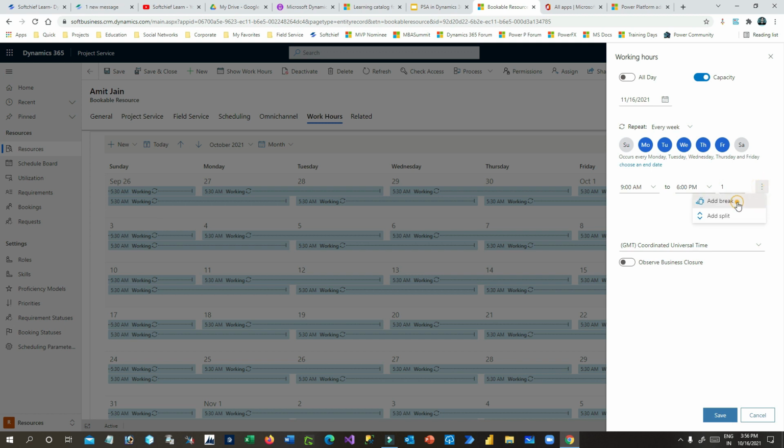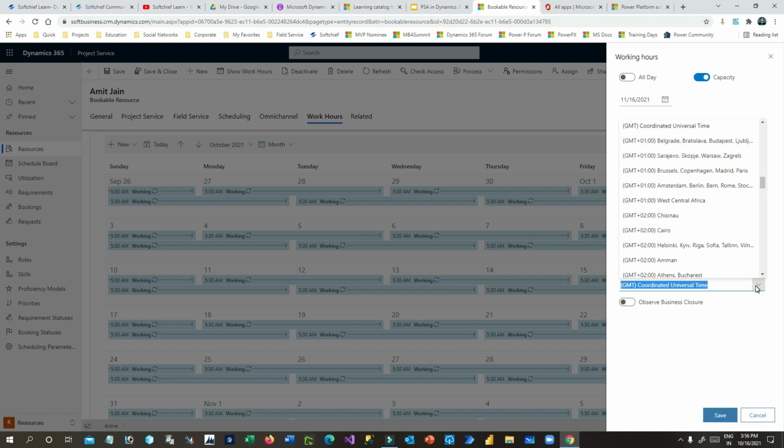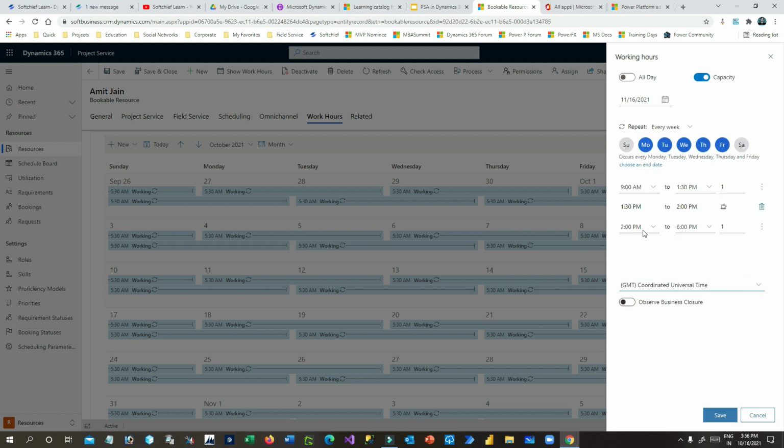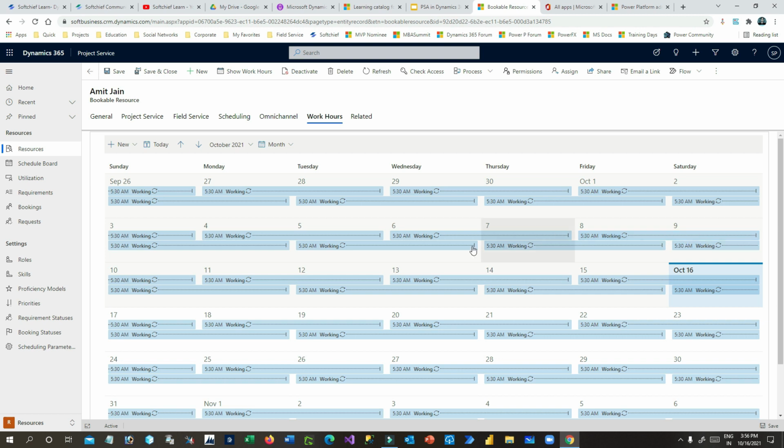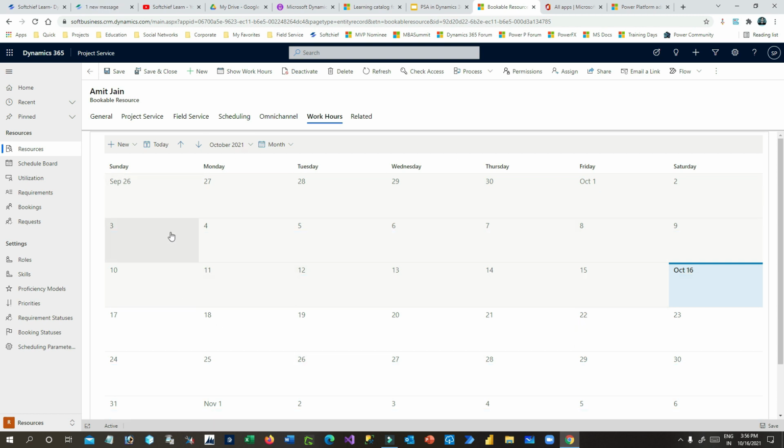You can add a break also if you want. So like that you can keep adding the timing of the work hours for that customer or for that user, right? And you can also define the coordinate, or you can define the time zone of this customer or the resource that is working, right? If there is any business closure that needs to be observed, click on the business closure. Then the business closure defined will be observed by the resource. Now once it is defined, this will be updated perfectly,